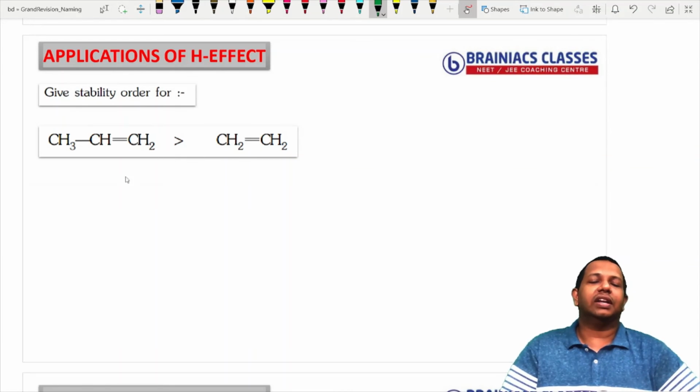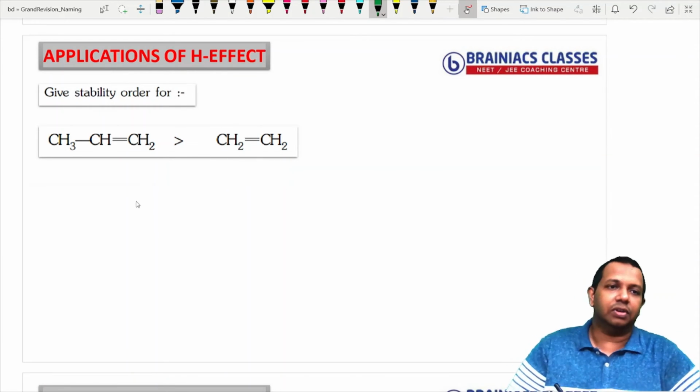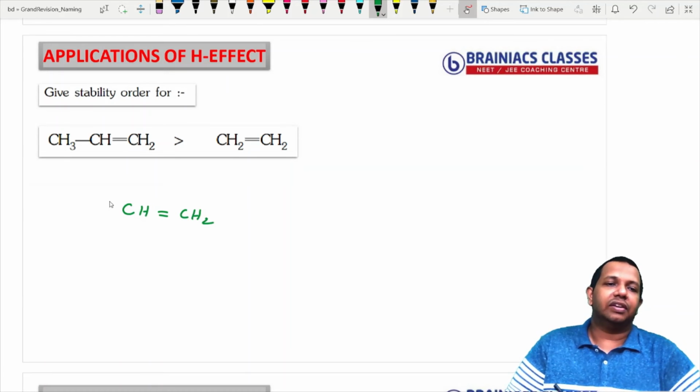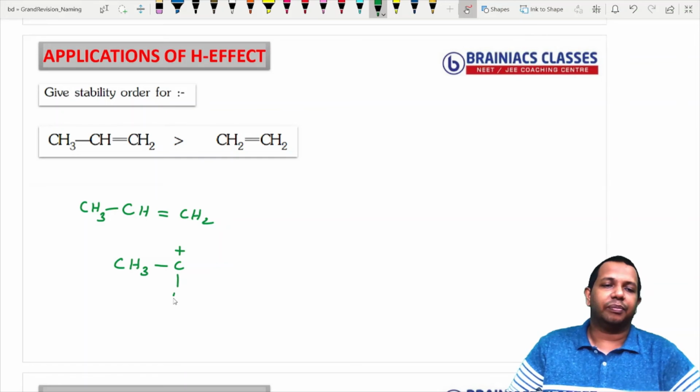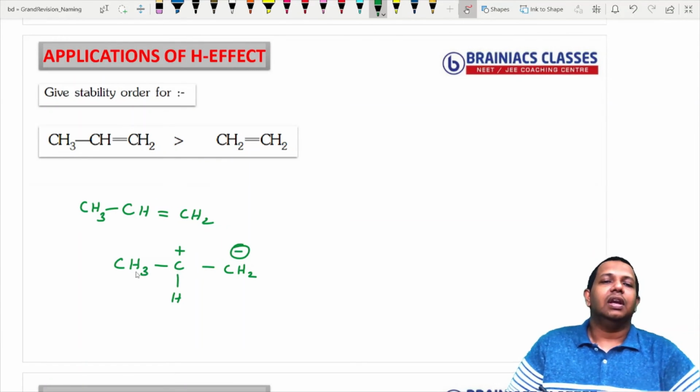You are given 2 alkenes and asking you which one is more stable. So I can do the same application. So CH double bond CH2 and CH3. If it is given like this, what I will do here is I will do a polarization in such a way that carbon with positive charge will come here and you have CH2 minus here. Now look at here, carbon with the positive charge here, nearby carbon has 3 alpha hydrogen. So here no alpha carbon. So this structure is stable by 3 alpha hydrogen.